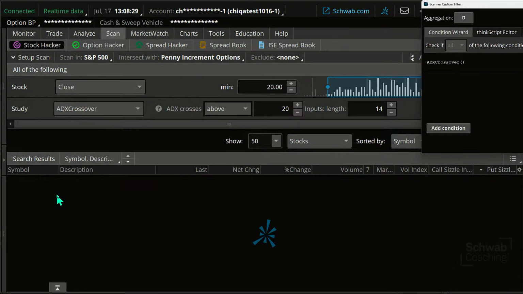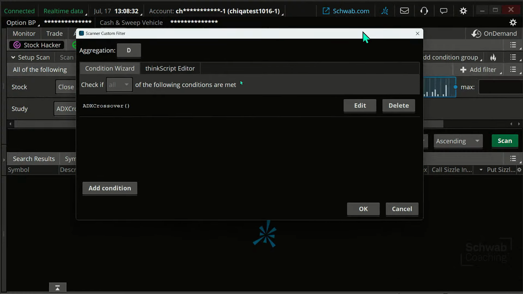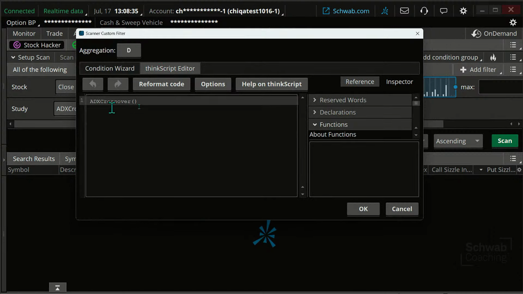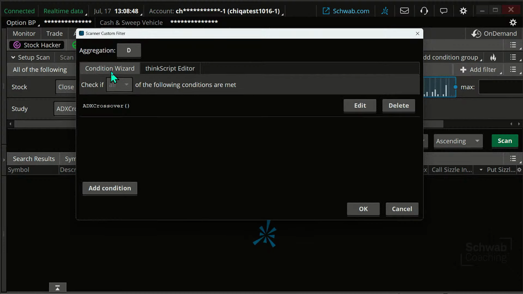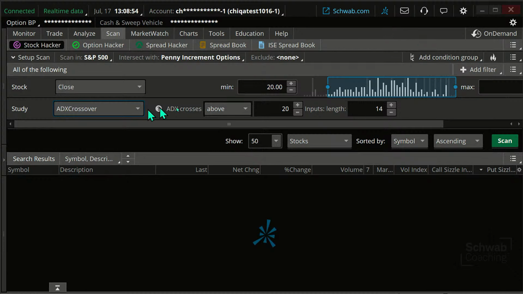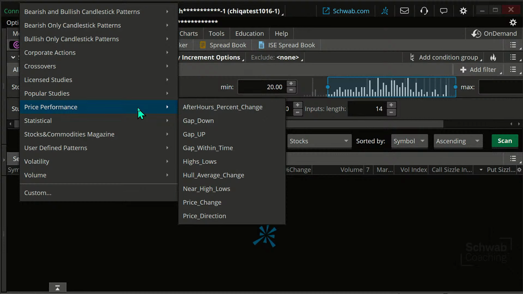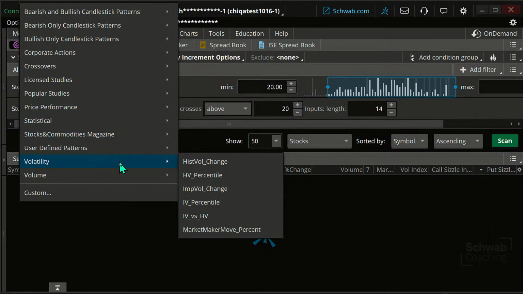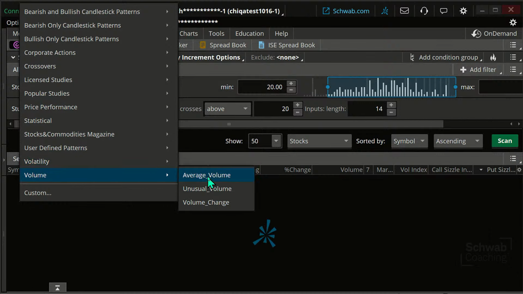When we go to custom, if I had that custom study, it brings up another window. And if I want to just type in script, ThinkScript, I can do that. Or maybe you're using AI and coming up with script code and you're plugging it in. This is where you can plug it in. What we're going to do when we get to these custom studies is go to the condition wizard, okay? But not yet, because I'm not going to customize my own. What I'm going to do is go up here and add a study that's already in there, a volume study for average volume, okay?